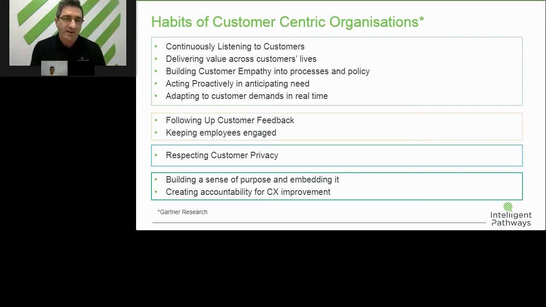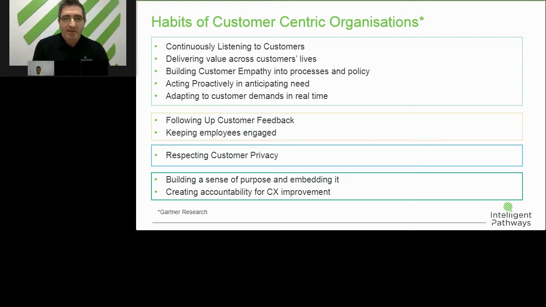We need to think about customers' full life cycle. So what's the value delivered to them across the customer's life, from when they first start engaging with your organisation to how their needs change as time goes on. And then an unusual word, empathy, is really interesting. And that's really thinking about or having an understanding of what their needs are, and understanding that the processes that they engage in with you is only a subset of their complete experience of what they're needing to solve in their life. And then working to proactively do something about that.